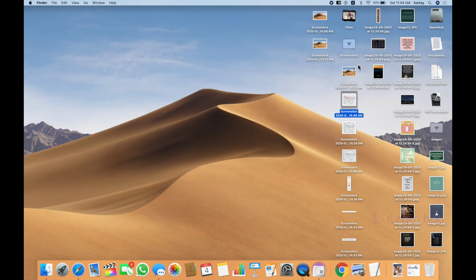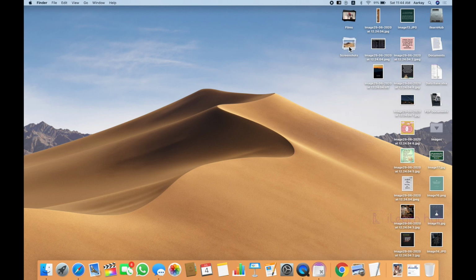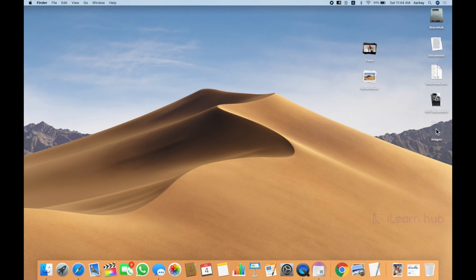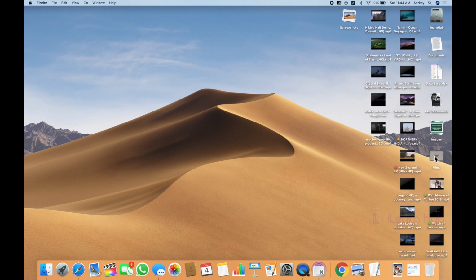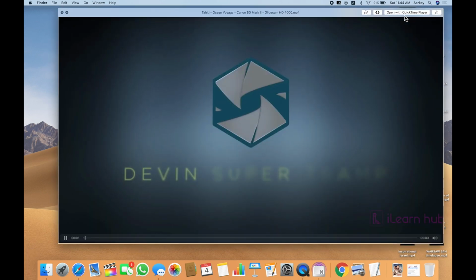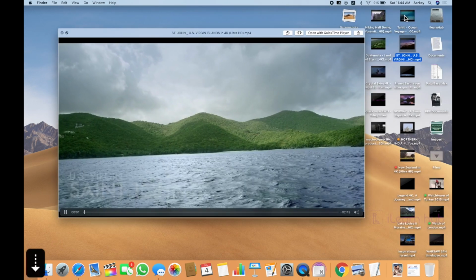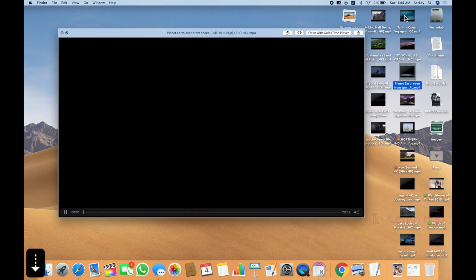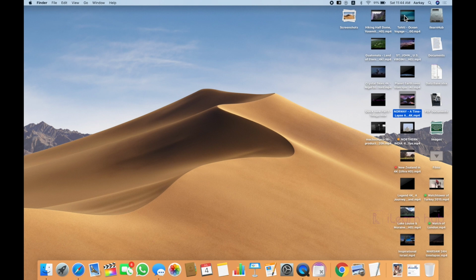Okay, so similarly some screenshots are there, so any image you can open. And it's not just for images, you can do it even for mp3 files also. Here a lot of video files are there with me, so use spacebar. Something is playing, and down arrow plays another video, down arrow, like that. So that means without double clicking and waiting for a particular application to open, either QuickTime Player or VLC player or anything, straight away you can see the content here.